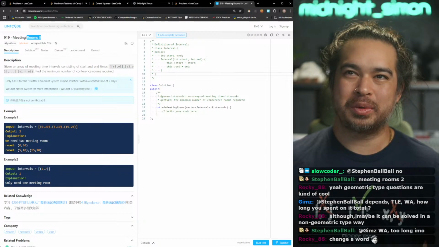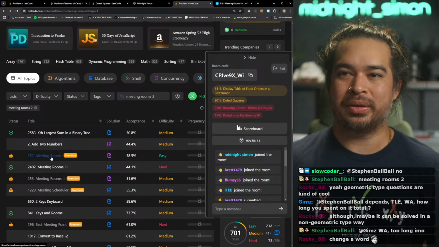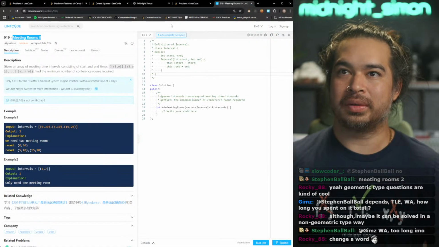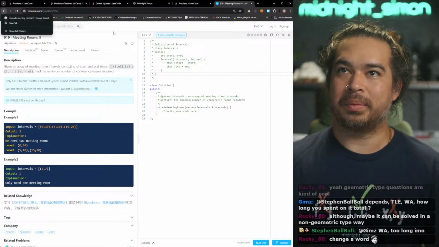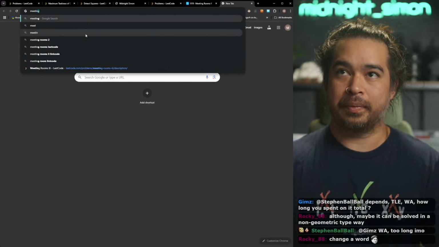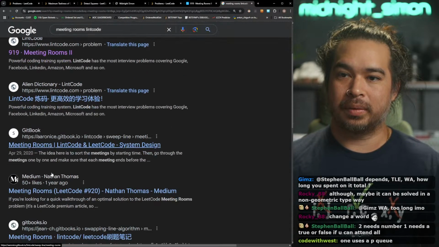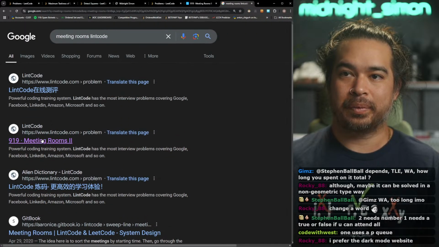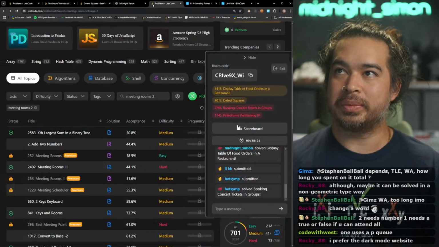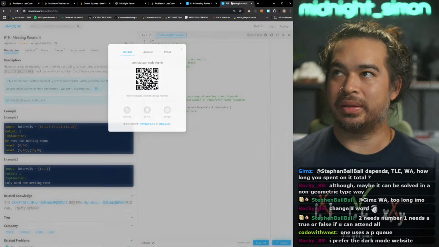Wait, what's the difference between meeting rooms 2 and meeting rooms 1? Let's see. Wait, what is meeting rooms? Oh, LeetCode doesn't even have the same number, man.